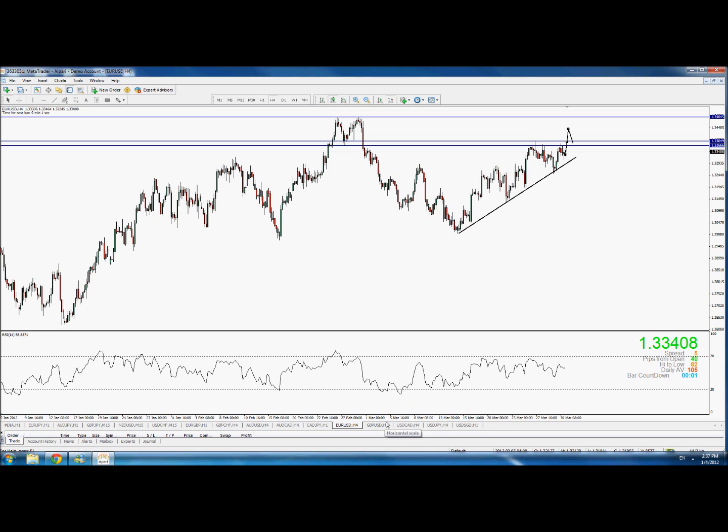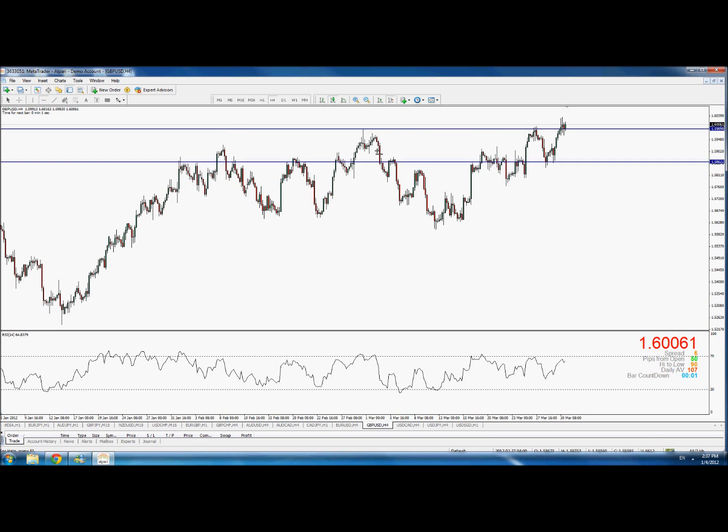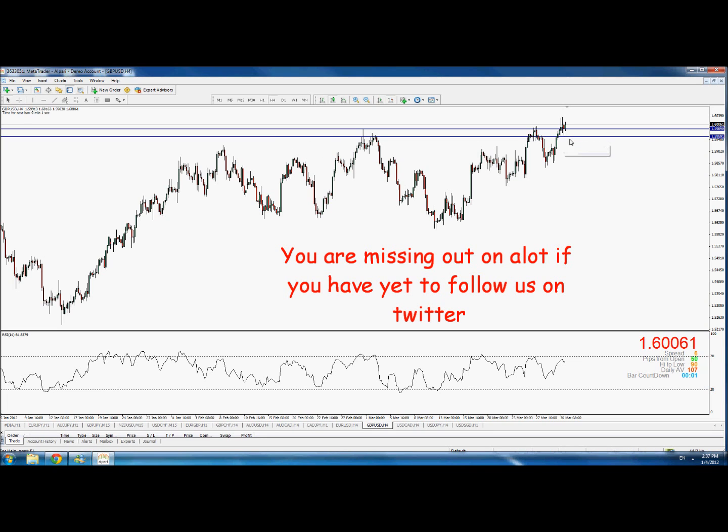Secondly, this is a very interesting pair, sterling, which caused me a lot of emotional turmoil on Friday. Why did I say so? I tweeted that I was bearish on sterling because it is at this very strong resistance zone around 1.6. So what happened next was